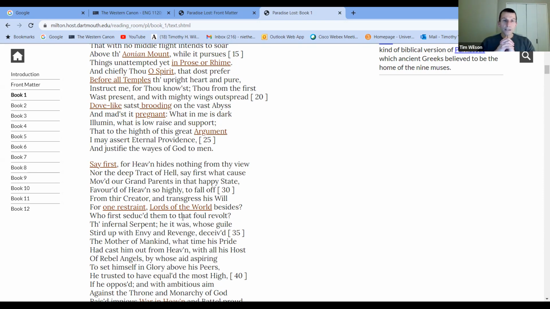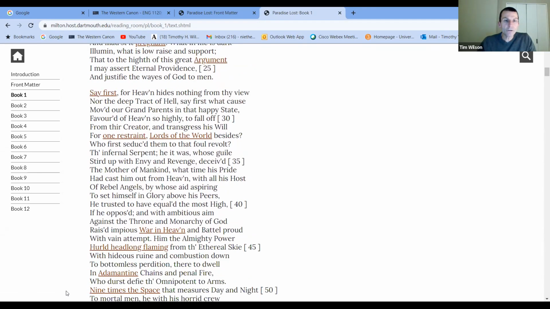Who first seduced them to that foul revolt? The infernal serpent. He it was whose guile, stirred up with envy and revenge, deceived the mother of mankind. What time his pride had cast him out from heaven, with all his host of rebel angels, by whose aid aspiring to set himself in glory above his peers, he trusted to have equaled the Most High. If he opposed, and with ambitious aim against the throne and monarchy of God,